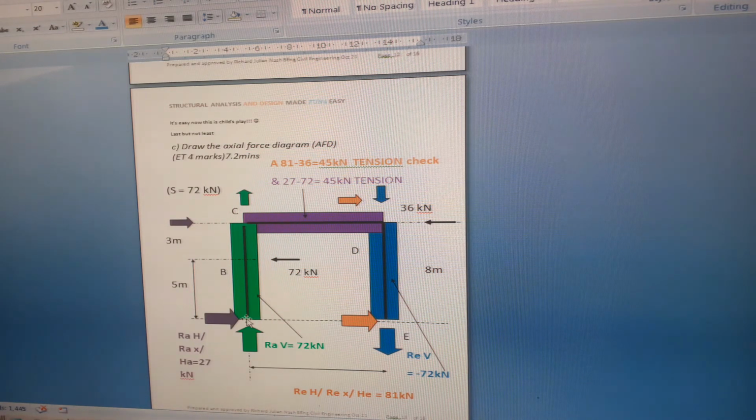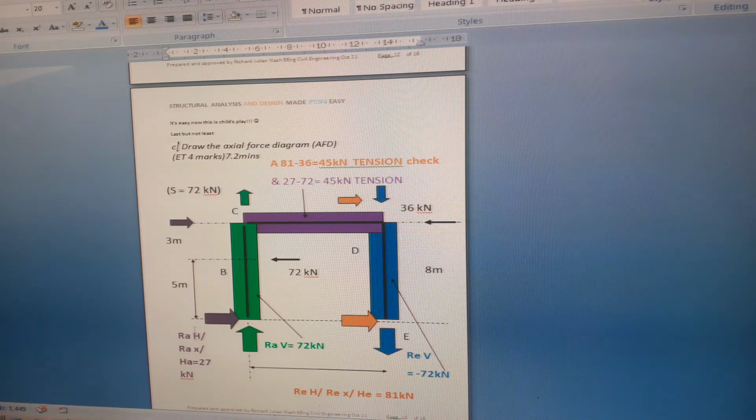So if we start, say, at A, then the actual force is compression is 72 kilonewtons from A to B and B to C. So the weird thing about this question is that from C to D, the actual force is actually in tension, which is a little bit weird, and so is DE. So the actual force is